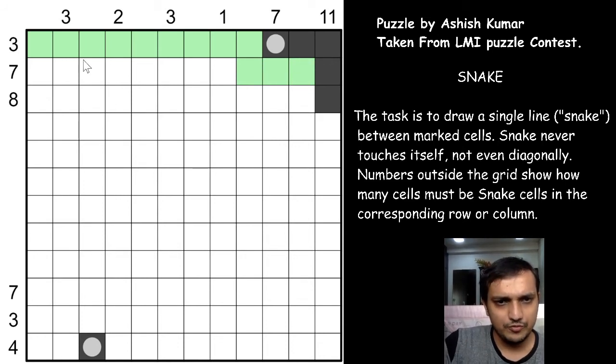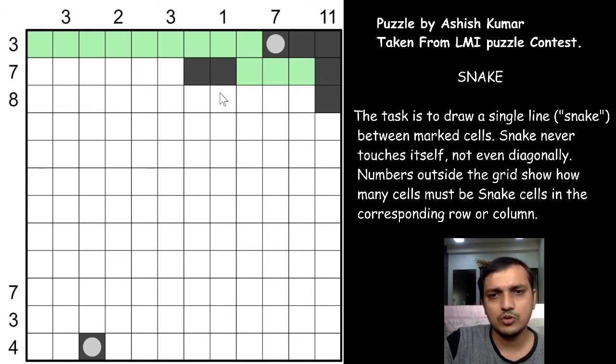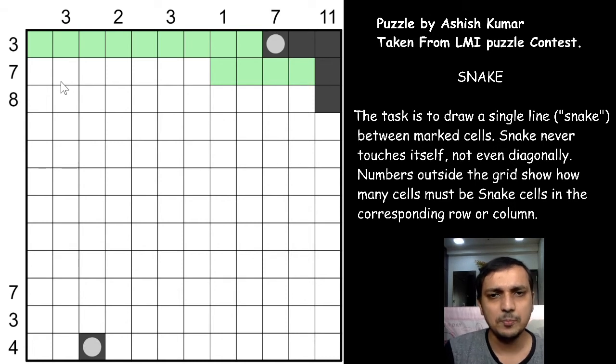If you see this 7, there are 8 cells which need to be fulfilled by 6 cells of snake. One cell is already a snake cell, and out of 8 cells, the other 6 cells have to be snake cells. Now this can be unshaded, because if it is shaded, then you have 2 snake cells, because this snake cell has to continue towards the endpoints. So it has 2 cells which can be unshaded, and now you have exactly 7 cells and 6 need to be shaded. This is also one of the tips.